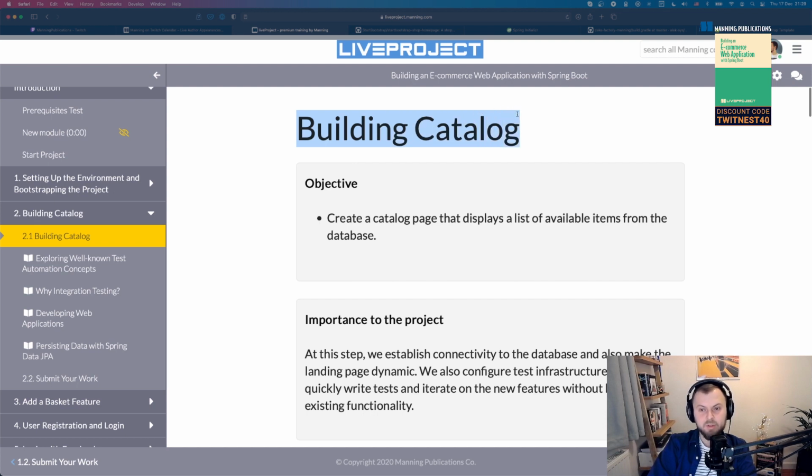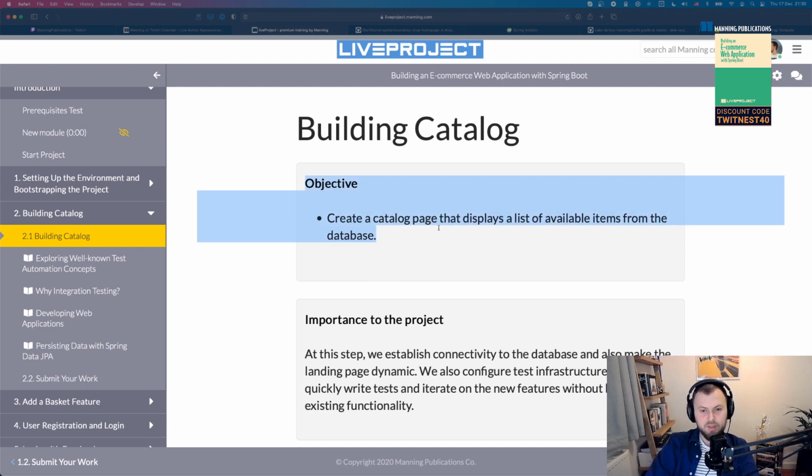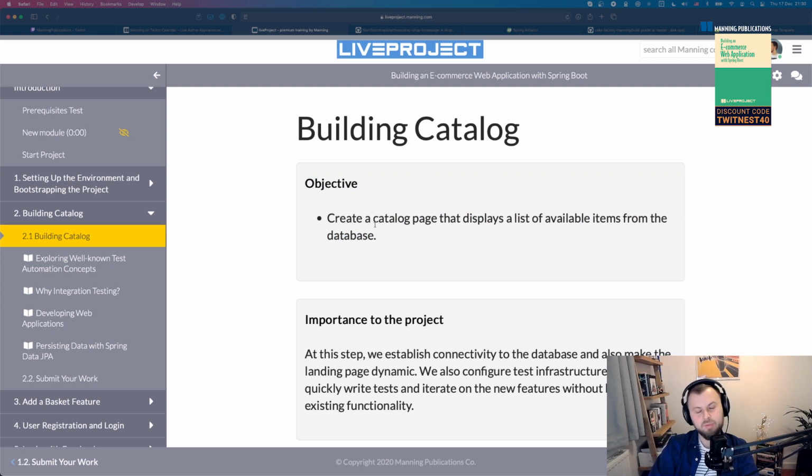So in a second milestone, it's about building catalog. If you remember, we're working on an application for a bakery. So this catalog is most likely going to be pastries, bread, and cakes, and all the different stuff that bakery can sell. And what we need to do, at the moment, we need to focus on just displaying items on a page. That's another tricky thing, and another advantage of using something like this course to learn a bit of programming, is you don't have to design everything together, right, in one go.